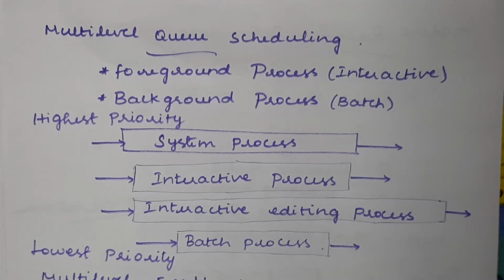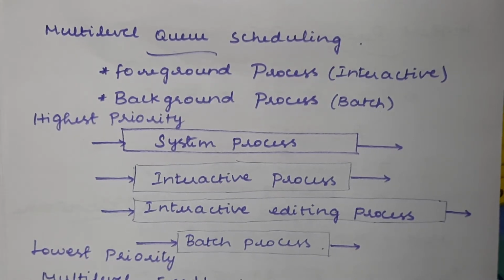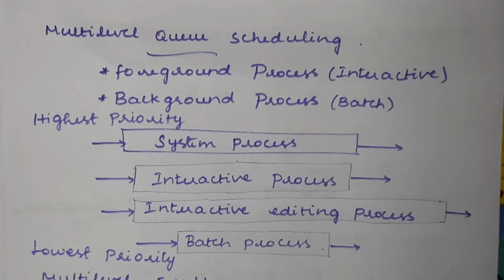So what happens here in the case of FCFS? What is the overhead we are facing? Because it is non-preemptive, if you have a mixture of IO bound processes as well as CPU bound processes, if you have a good mixture, then no problem. Suppose if you have only CPU bound or only IO bound processes, then the efficiency will be slowed down. Which means we will not get better utilization of the CPU, even in a multi-programming or multi-processing environment. So in order to overcome that overhead, we are assigning some priorities.